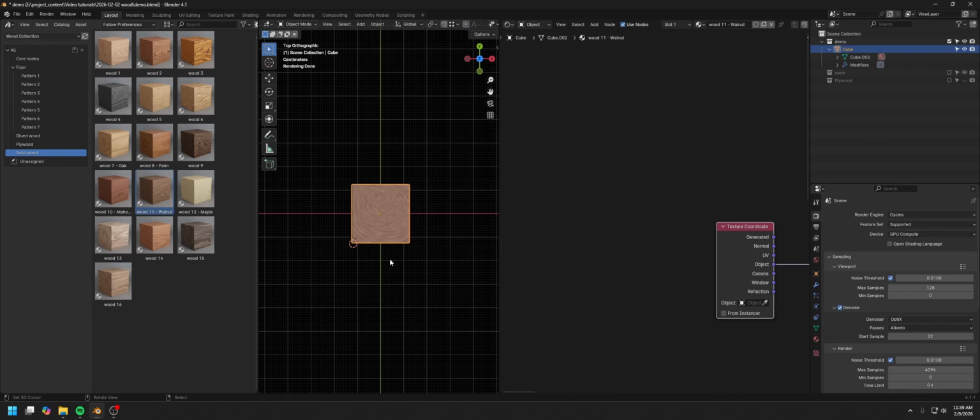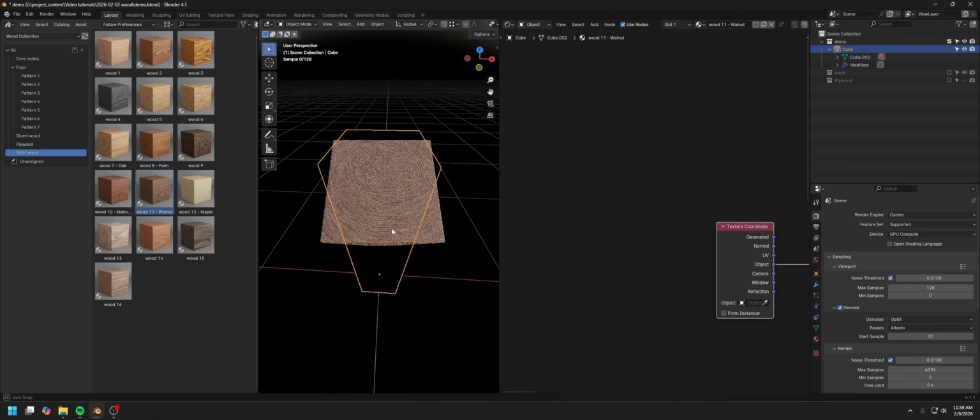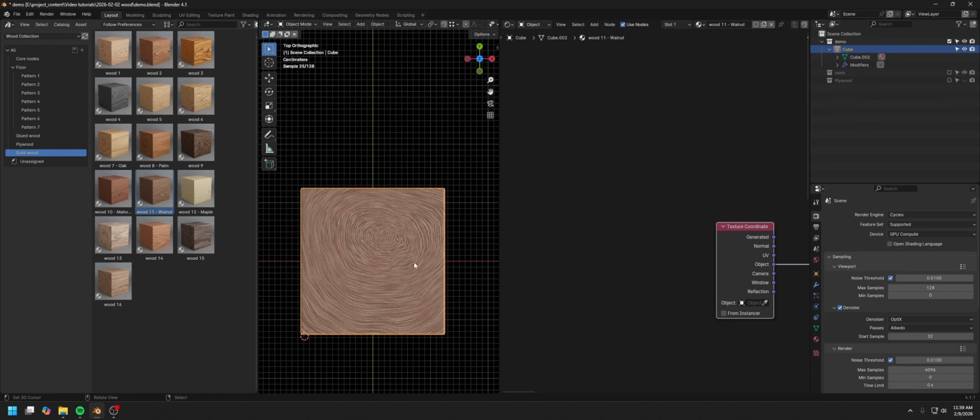Now let's take a look at the wood from the top view, and you can see the center of the tree is right here, and it's a little bit away from the origin of the object. This is because the tree trunk is kind of bending around like this. It's not perfectly straight up. So if you want to move the center to here or to any place you want, you can go to the material,